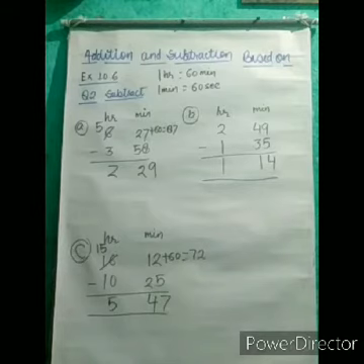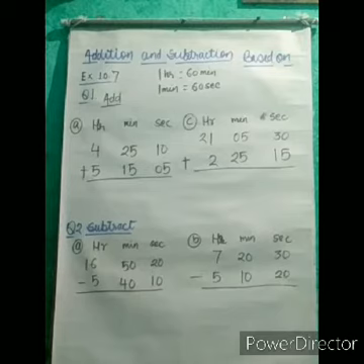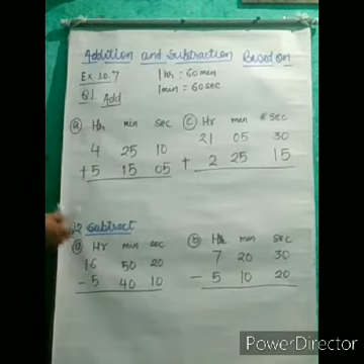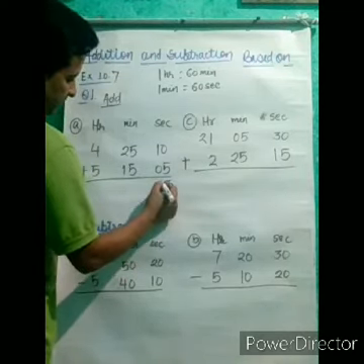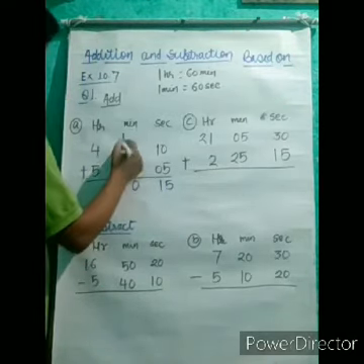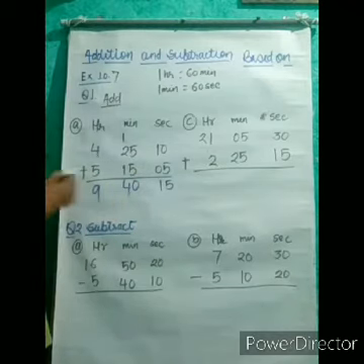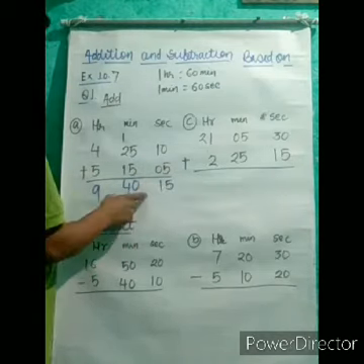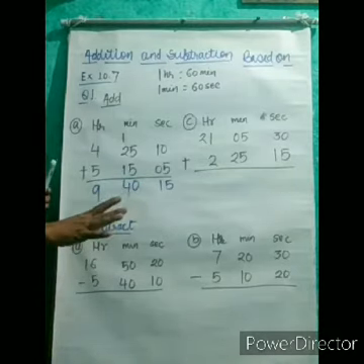Now we will do a few more questions of the next exercise. Now exercise 10.7. From both questions 1 and 2 I have taken two parts. These are very easy. You can directly add here. Here it will come 5, 1 plus 0 is 1, 1 plus 2 is 3, and 4, here 9. You can see the minutes and seconds are less than 60, so no need of doing any divide.